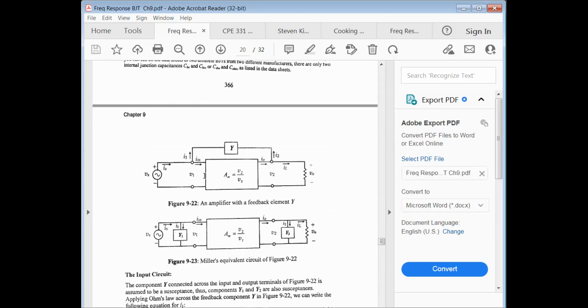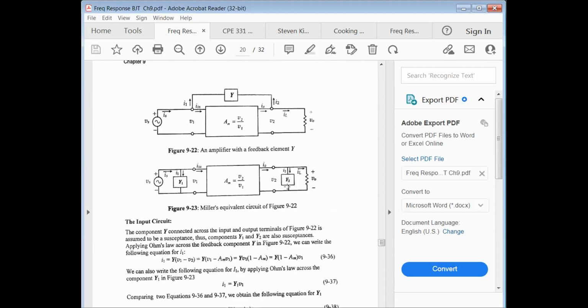You have some gain, so you have an input here and you have a gain, and you have an output, and you have some impedance connecting your input to your output. That circuit can be redrawn as the following. You still have your gain, but rather than have this impedance now connected between input and output, you have the effect of this impedance here on the input